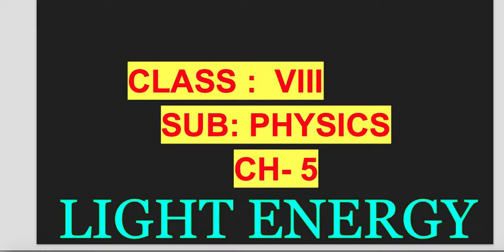concave mirror. Okay, students, a concave mirror is the one which converges the light rays. It is also convergent. Why? Because when a parallel beam of light rays is coming, they all meet at a point called the focus. For example, if sunlight is coming, we know sun rays are parallel. If they are incident, they all will meet at the focus. So at the focus we can get that.